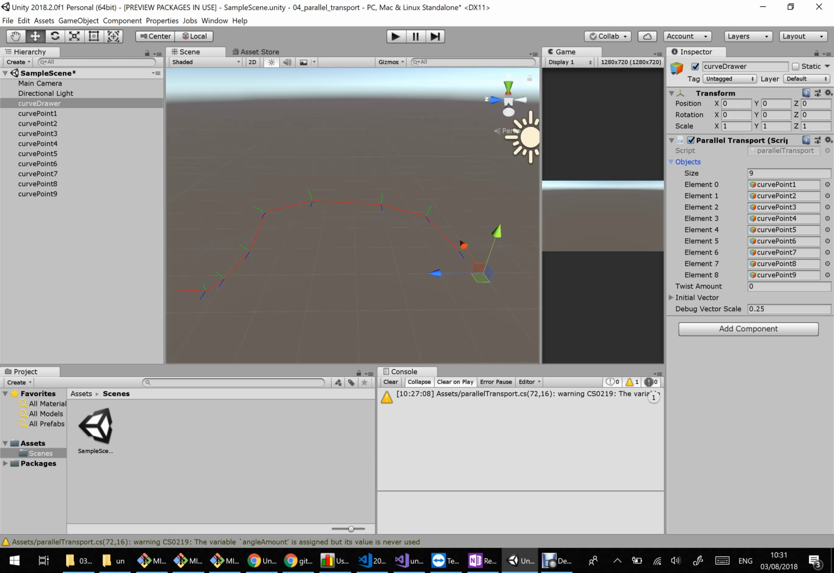Once you have this array of objects, you just plug them in one by one, and as you saw, you can move them and the script will update accordingly. Then there is an initial vector to provide, which we're going to see later, and a debug vector scale that I use, just to set how long the vectors are. But in this first part of the tutorial, we're just going to cover the theory, right? In the second part, we're going to dive into the code in Unity and see how to implement it. All right, so let's jump back